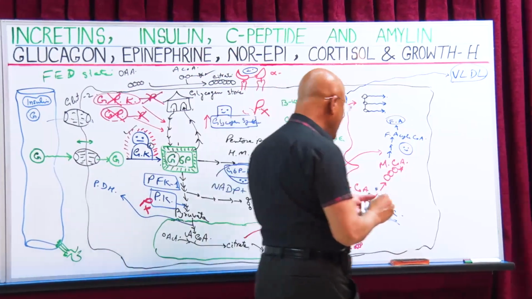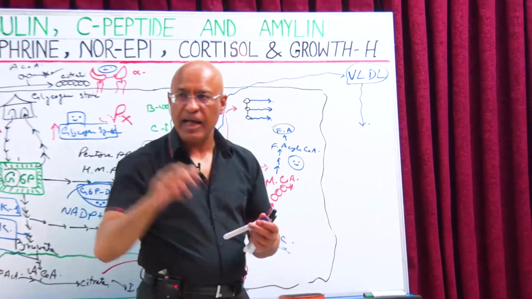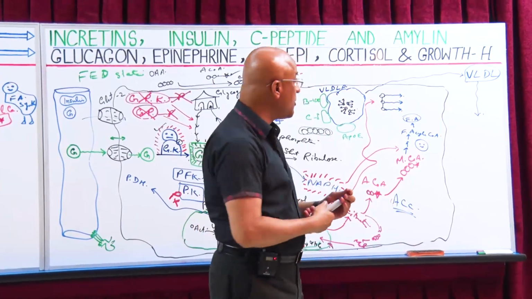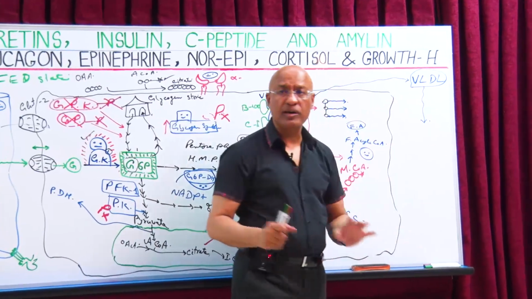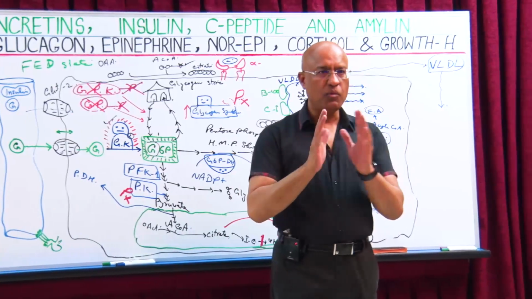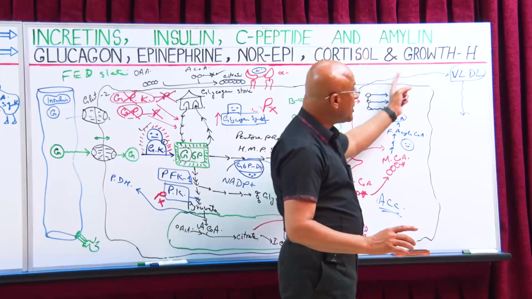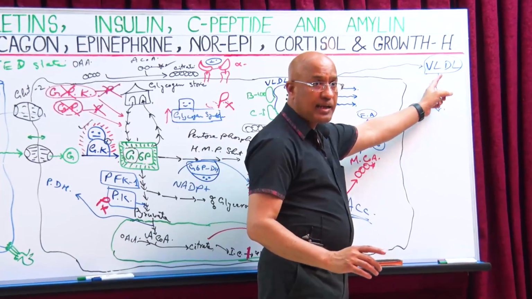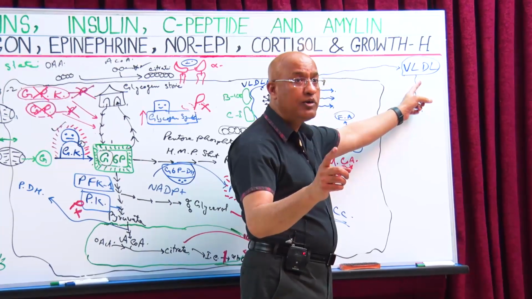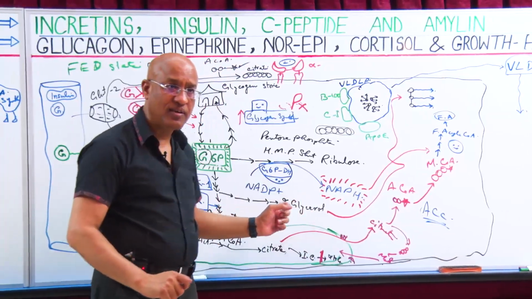And this VLDL, later on we will see, will go to the adipose tissue and there it will be stored. But on the way, VLDL will go under some changes. But here I will stop the lecture. What I am saying is that basically the liver is releasing VLDL, and in the VLDL there are triglycerides, and these triglycerides are endogenously synthesized. They are de novo synthesized.